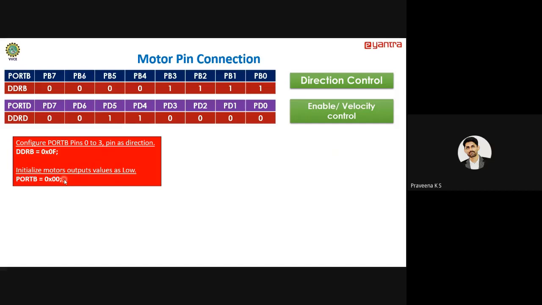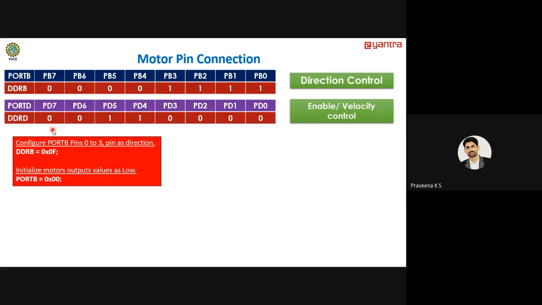In that situation, as soon as you start, if it jumps, what actually happens? Obviously that will lead to a fall, and that is not going to happen, right? So for that reason, initially my robot should be off. For that reason, I'm sending port B equal to 00. This is the conventional method of writing.